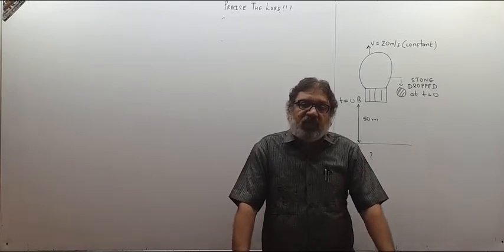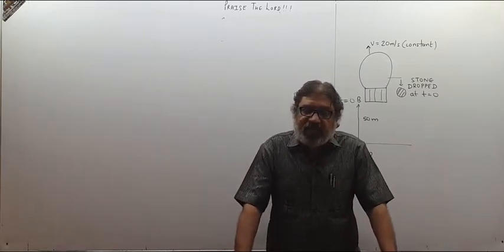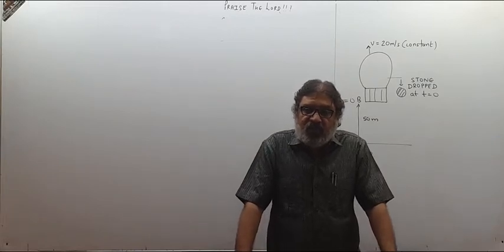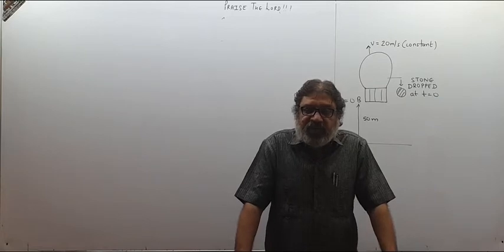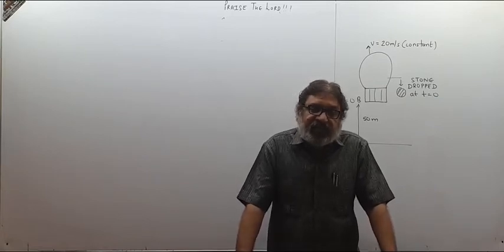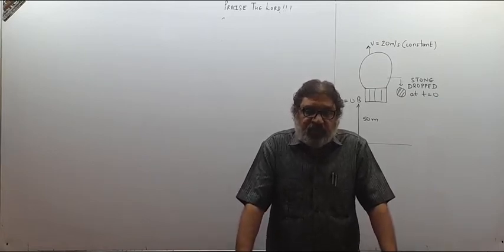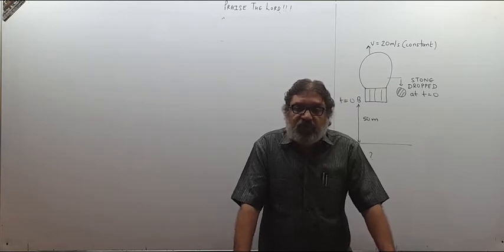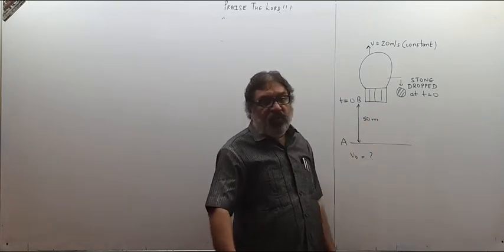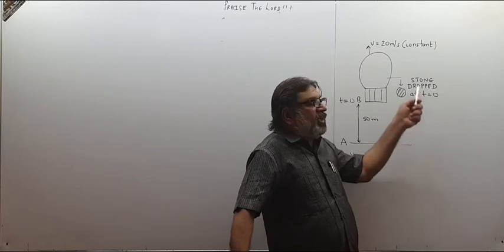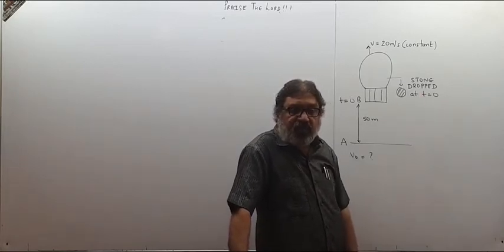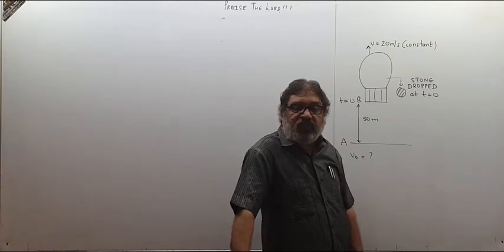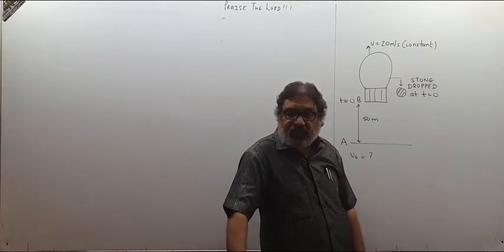So when two bodies are moving together at the time of separation, velocity, meaning speed and direction both, are shared, but acceleration is not shared. So velocity of stone, as soon as you drop it, will still remain 20 meter per second in upward direction because that is the velocity of balloon at the time of separation. So initial velocity of stone will still be 20 meter per second.